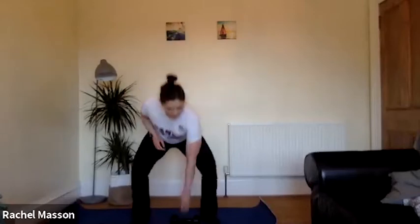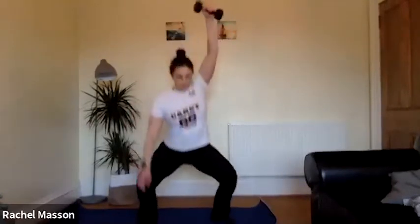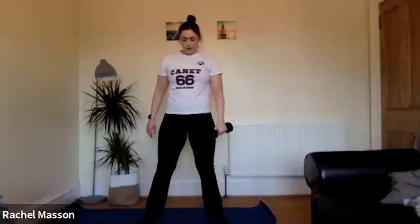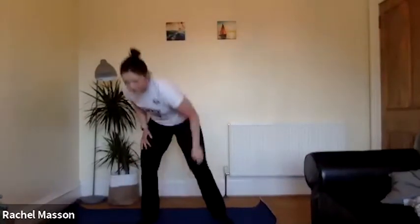Okay. 3, 2, 1, off we go. So one arm might be a bit more difficult than the other. That's okay. Good work. Squat down, flip that up. 10 seconds to go. Good work. 3, 2, 1. Rest there. Next exercise, grab your bar